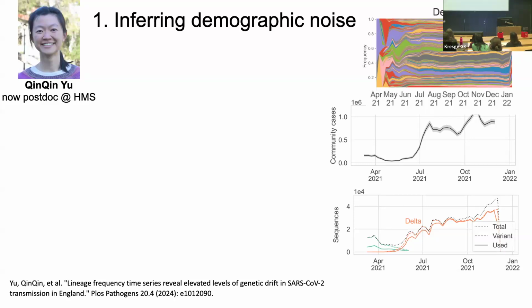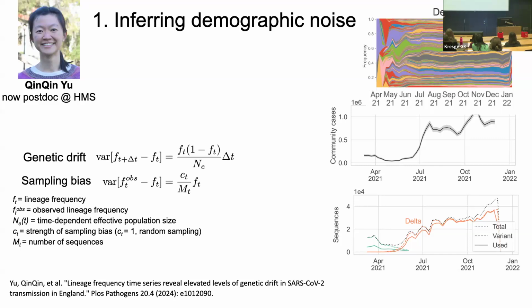project, and so here you see again the data that we looked at, and the main challenge was this: the reasons for the fluctuations that you see here are twofold. One is genetic drift, which is really the biological noise we're interested in, right? So just due to stochasticity in the reproduction and transmission process of the virus, you expect the true frequencies to change from one time point to the next. And the variance is expected to have this form